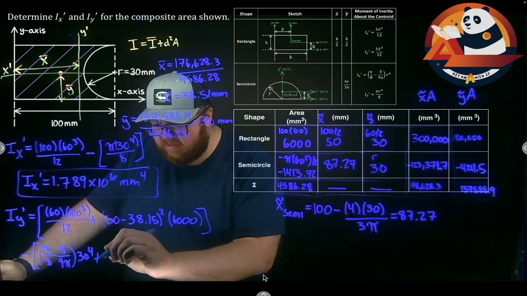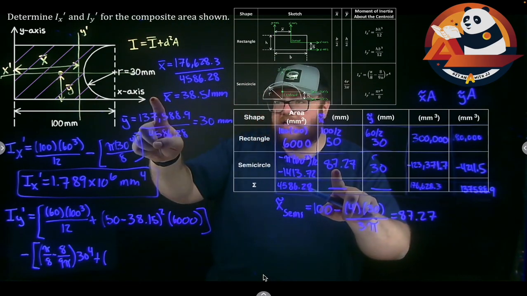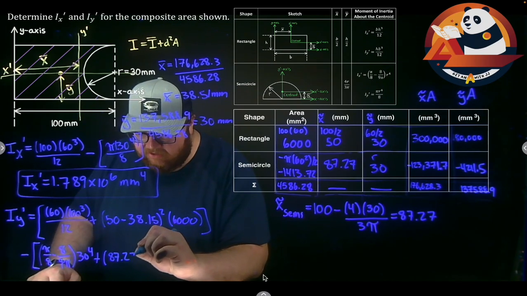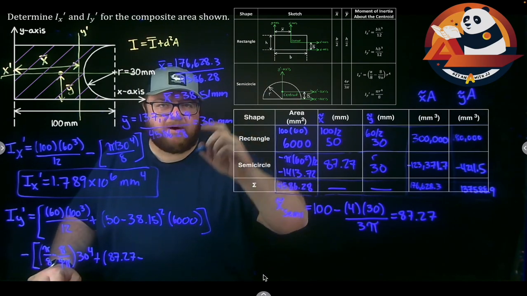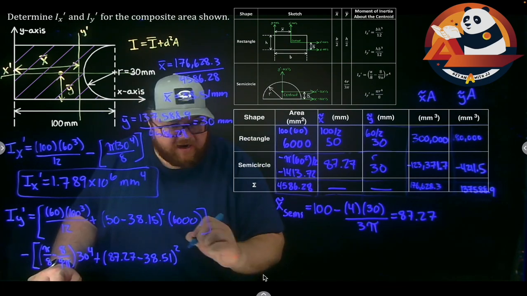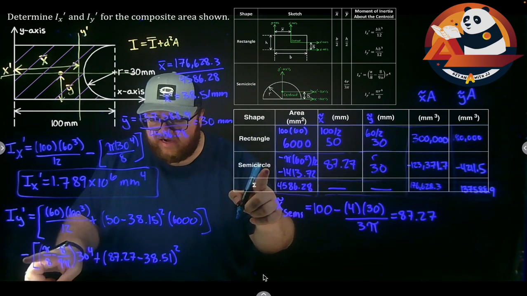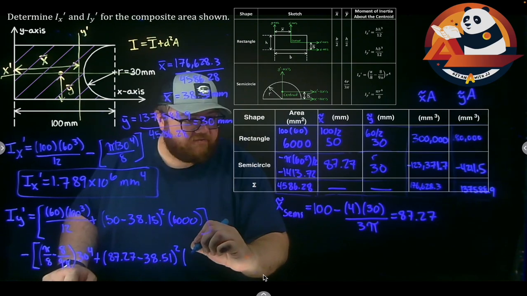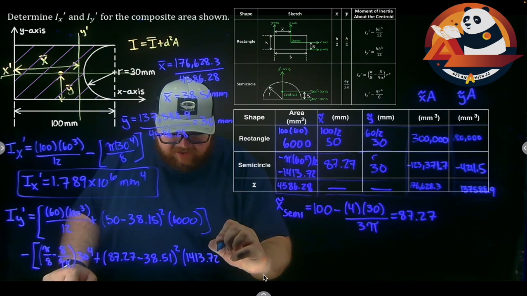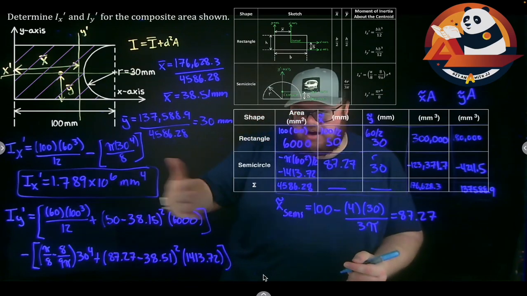I'll add into that d squared A. So plus my d would be x tilde minus x bar, 87.27 minus x bar, 38.51. D squared times our area. Again, we're treating it like it's positive because we factored our negative out right here. So times 1413.72. And adding all of that up, and I'd really encourage you, don't do that all in one go, unless